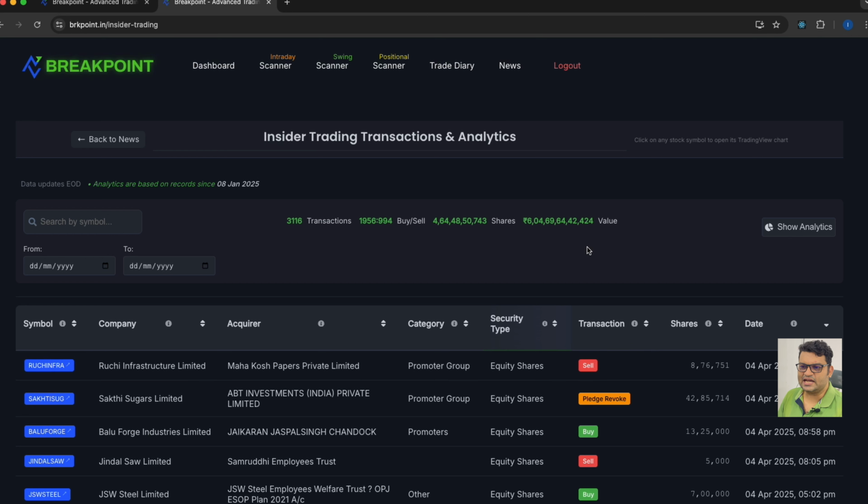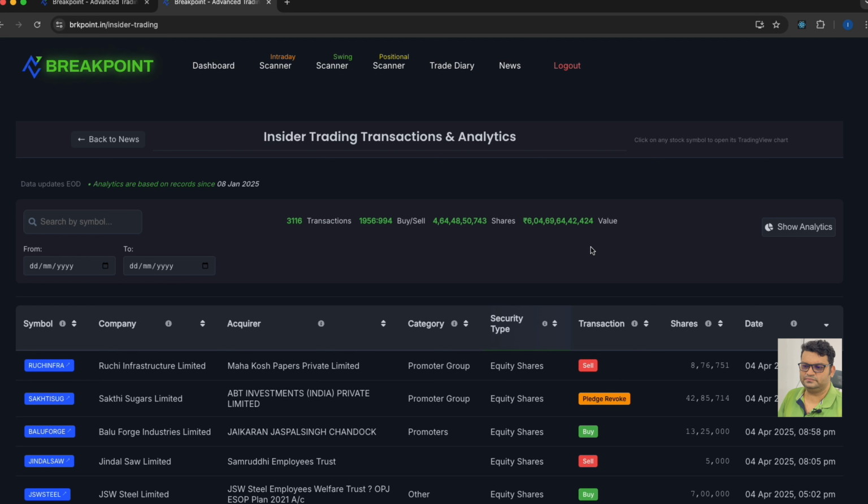So when you see such actions, or when you see a continuous buy in a company by a promoter, that means they are interested in buying the shares, hoping that it will go up. By watching this pattern, you can also engage. That will add conviction for you to buy, because if the promoters are buying, then something will be there. So you can dig further into what is going on with the company,